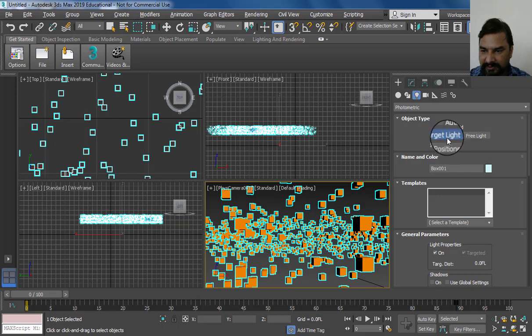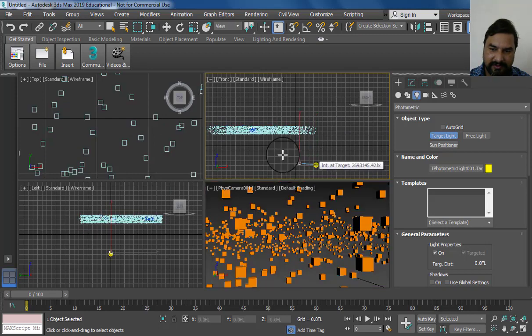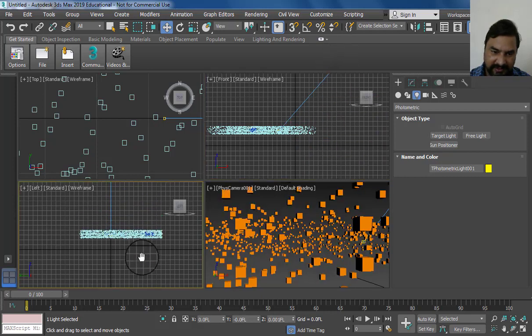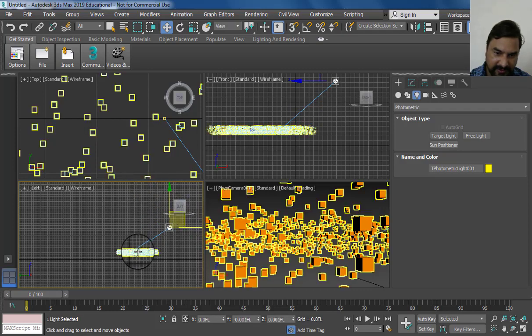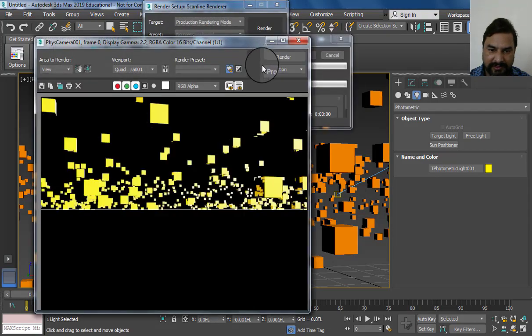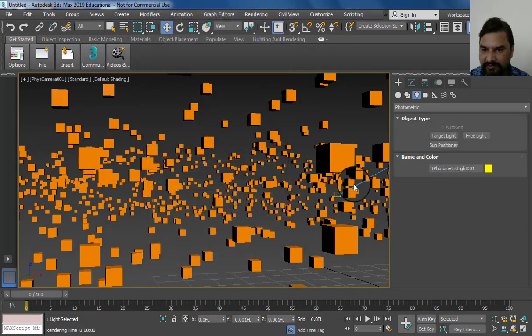Simply select this one, press W, place it, then go to render and create a single render.